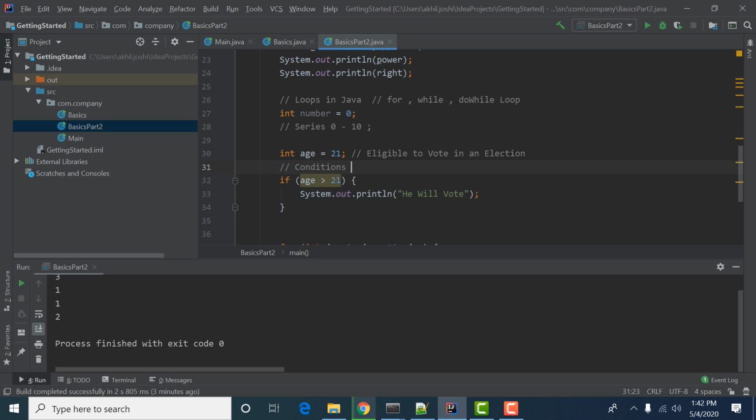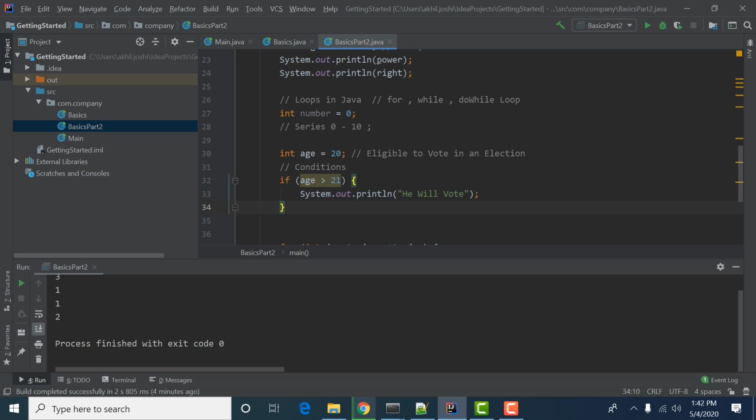So there is a thing called, if this situation is true, and if I change this to 20, it will not execute in this scope. Our program will not go in this scope, which is in blue. It will check this condition and move to line number 35 after that. So there is a scope of this. If this condition is true, then you have to execute the instructions written within this block.